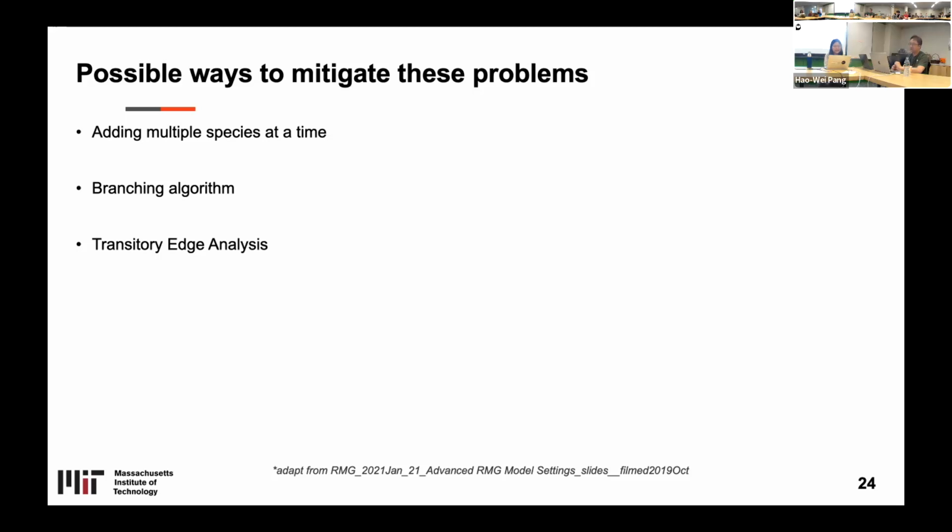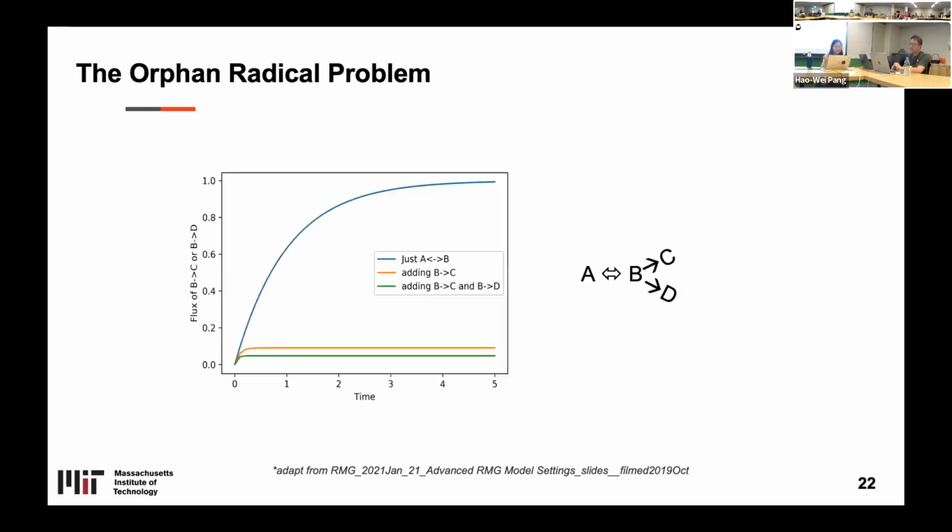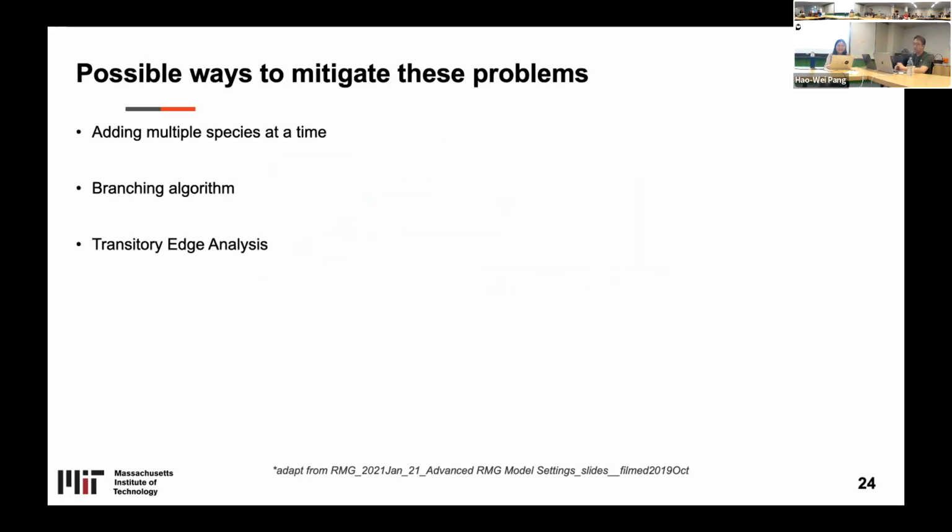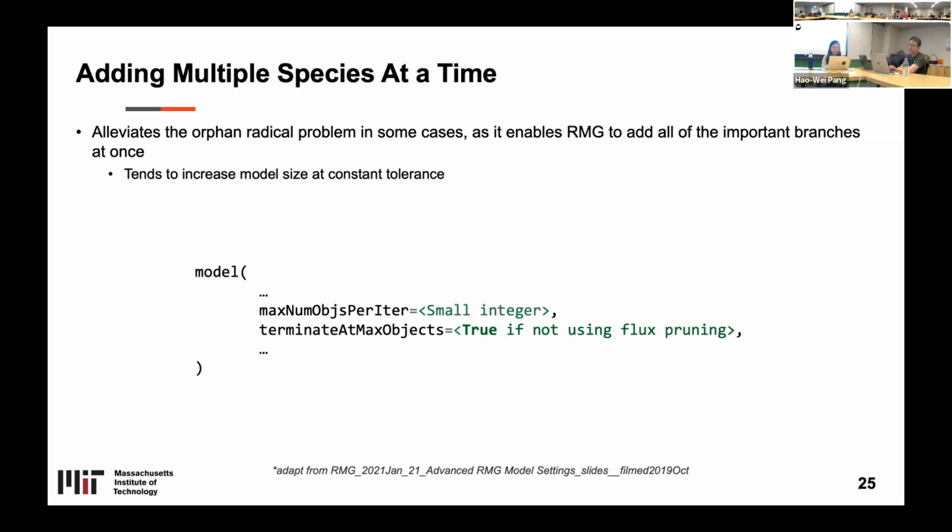First, you can try to add multiple species for this problem. You can tell RMG to, oh, just add C and D at the same time. It's not quite an ideal way to think here because sometimes they don't actually appear at exactly the same time. It can be that some fluxes will exceed the tolerance first, and other species go in between, and then the other radical will appear. So you can do this, but it won't solve that problem all the time. But using this, you can speed up some generation to get to the size that you want, but not necessarily the best mechanism.